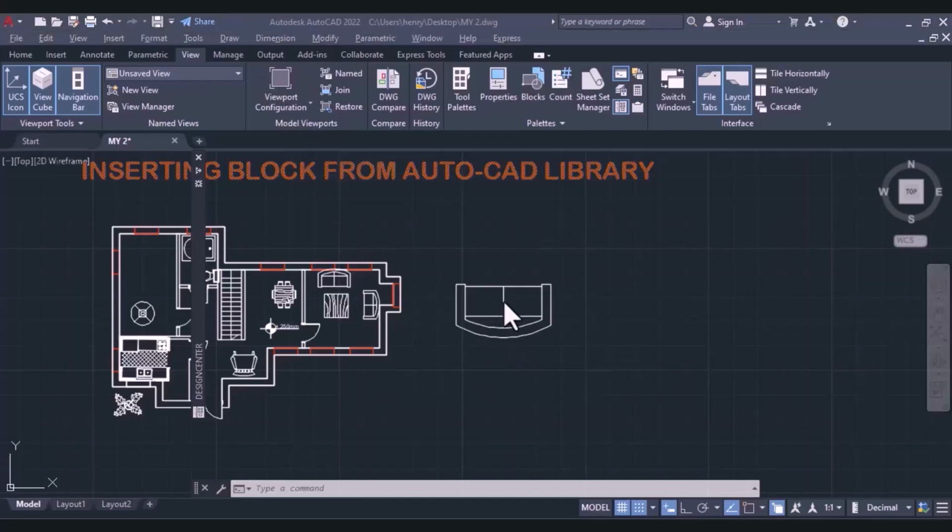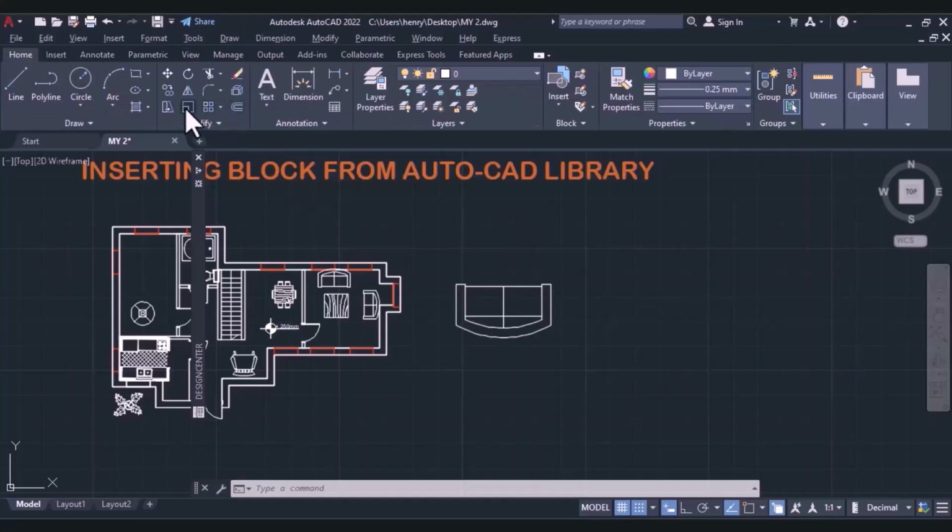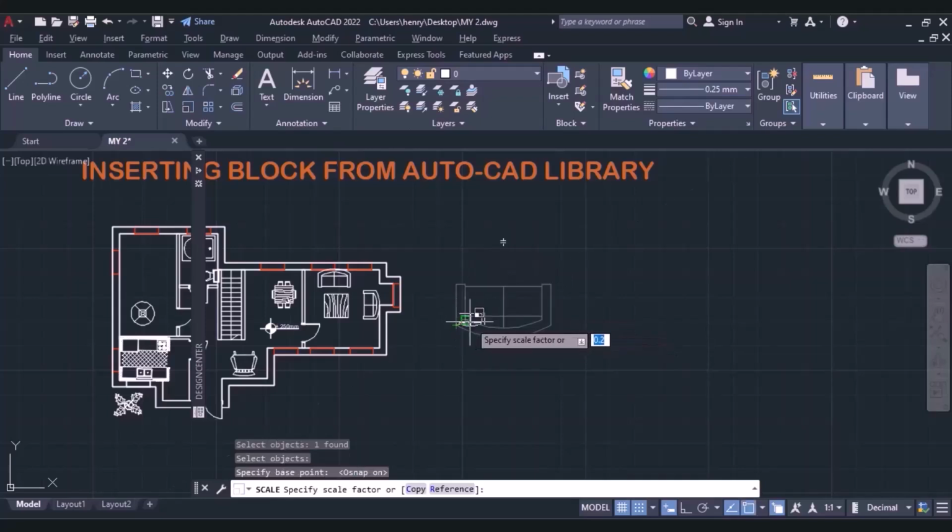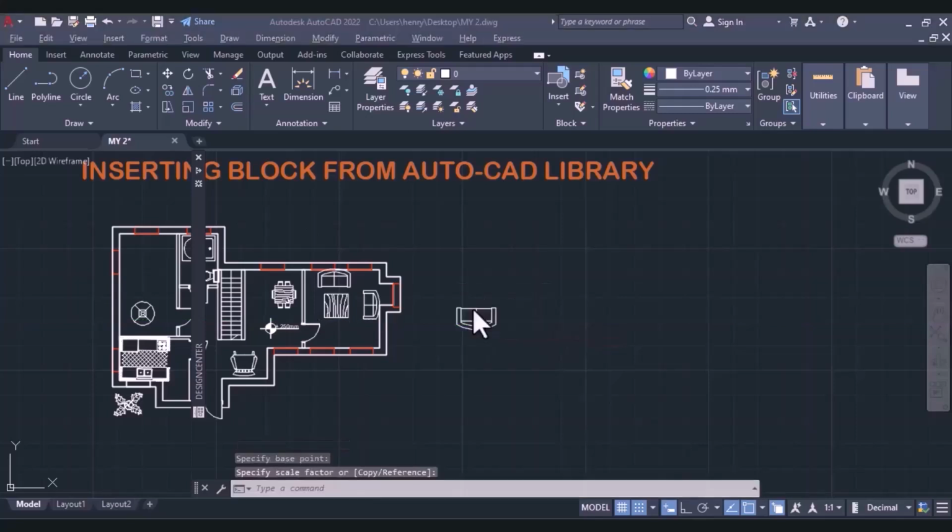To rescale the block, click on it, go to the Home tab, click on the Scale command. Then you are being asked to select the object. So I'll select this object and I'll press Enter. Okay, I'll pick here as my base point. Okay, and I will stretch. So this size is okay for me. Okay, let me make it 0.5 in my scale factor. Now when I'm done scaling it to the size I want,